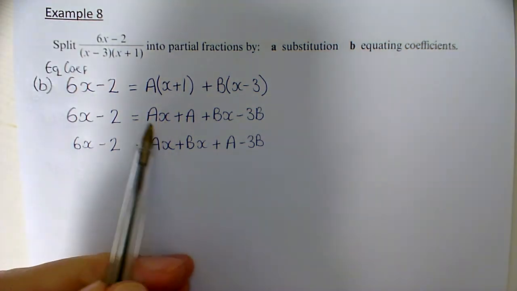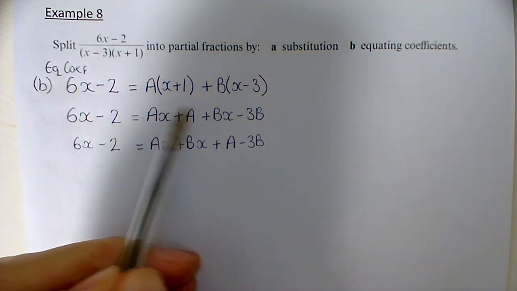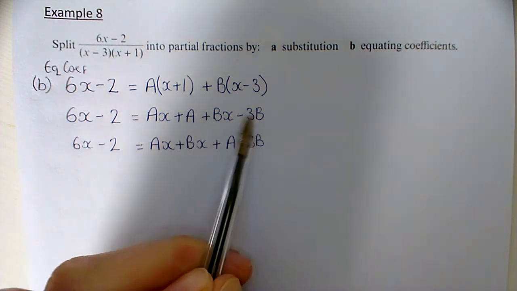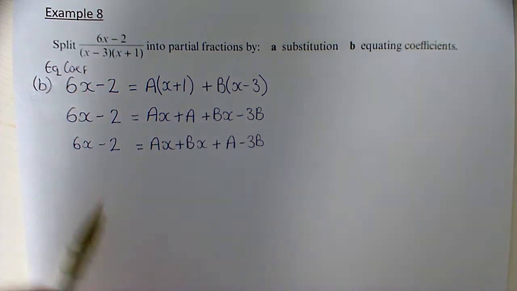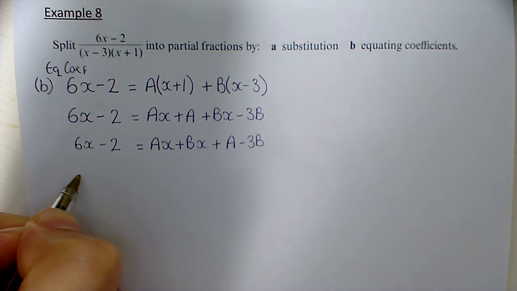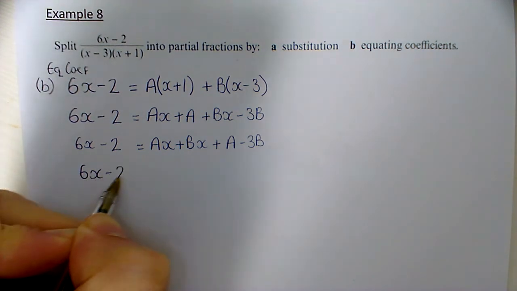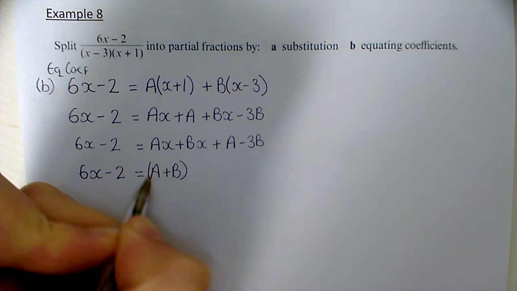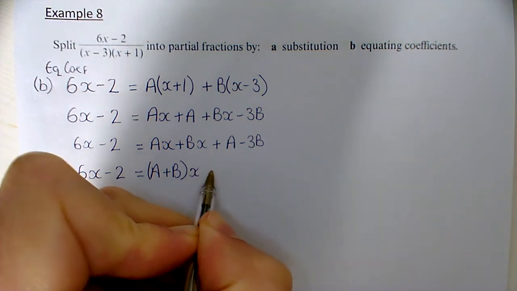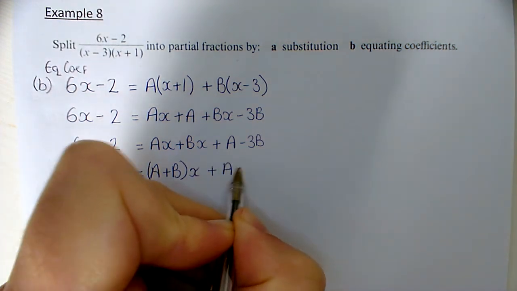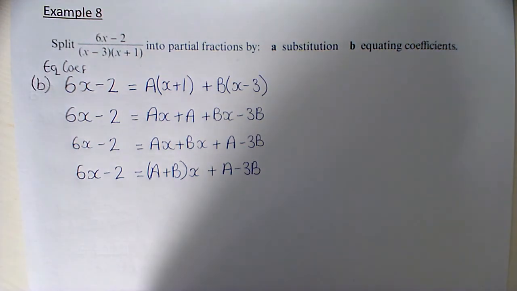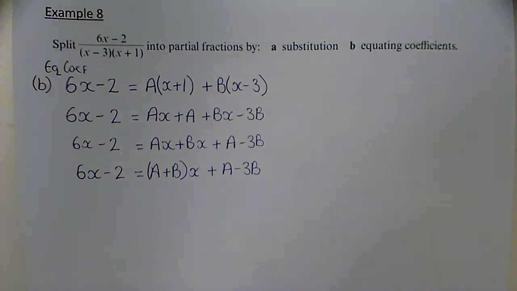So what I've done is I've collected like terms: all the terms of the x's together, and all the terms that are just constants together. Okay, and I'm going to write this out again just to try and make it a little bit more clear. I've got a plus b amount of x's, and I've got a minus 3b amount of constants. Okay, so